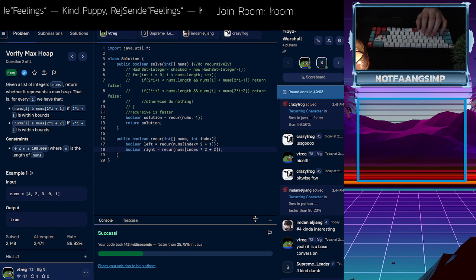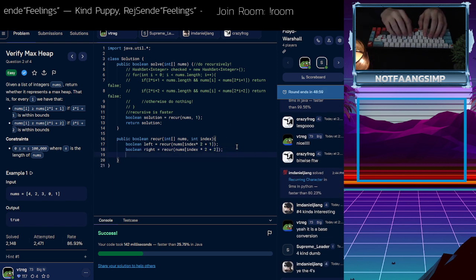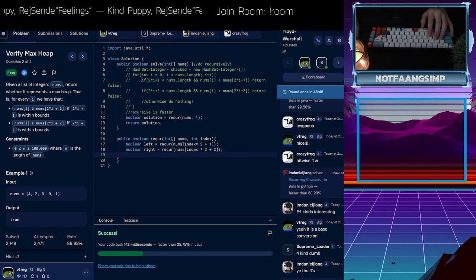Okay. I love the different attitudes to it. Okay, so we're going to return boolean of, so here what we need to say is, I think this conditional